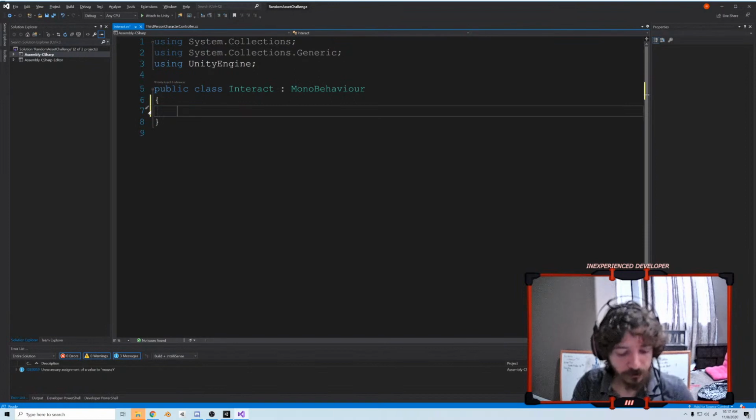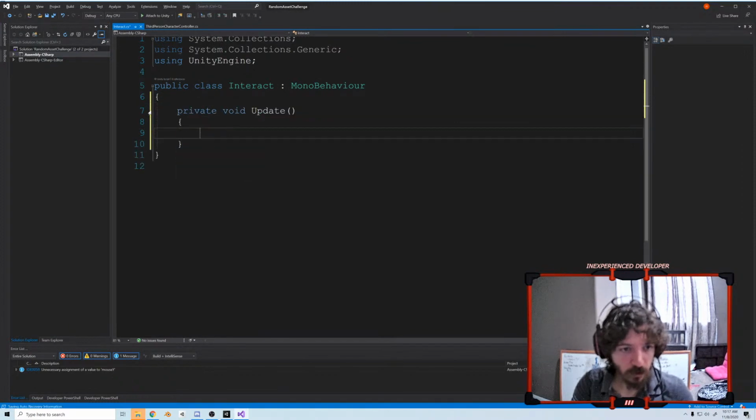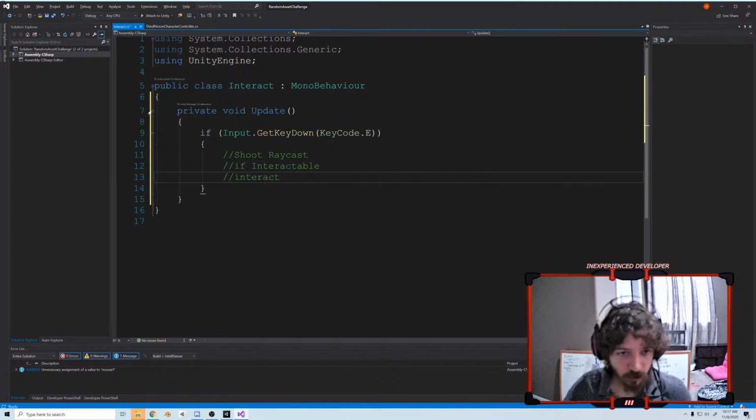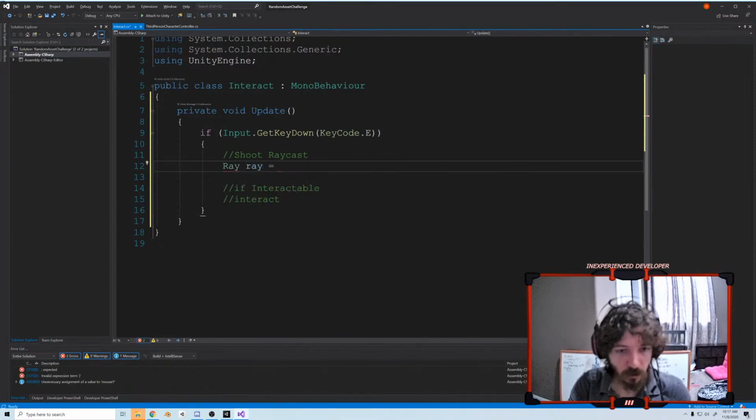So, do update, if input key code get key down key code dot e, and we're gonna do shoot raycast. If interactable, then interact. Right, that's what we want. So let's do shoot the raycast here. So ray equals